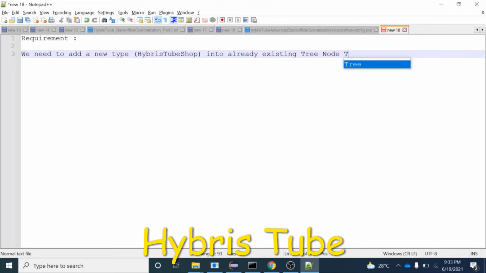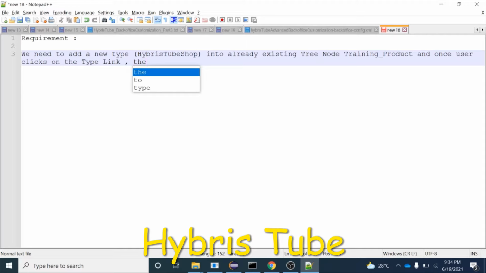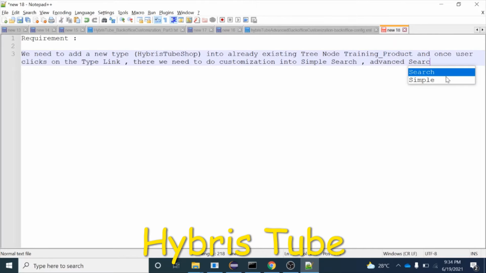So into the tree node training underscore product, once the user clicks on the type link, there we need to do customization in simple search, then advanced search. We will add some attributes into the advanced search related to this Hybris tube shop type,